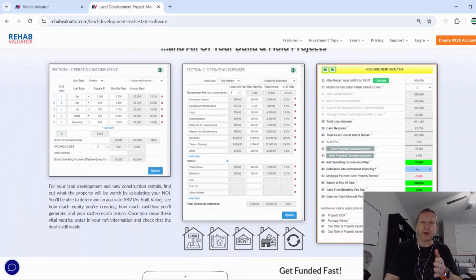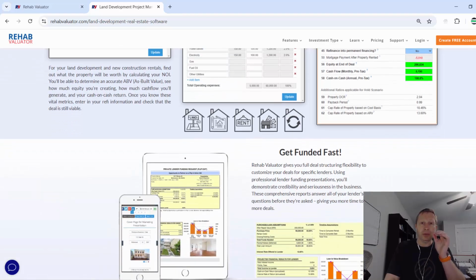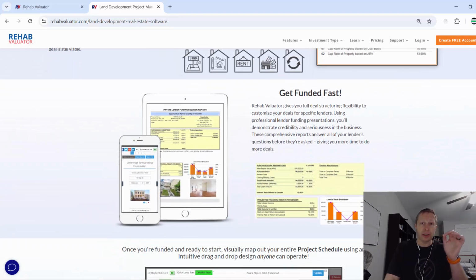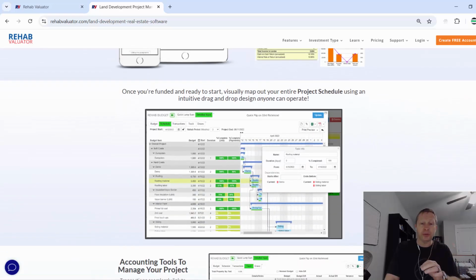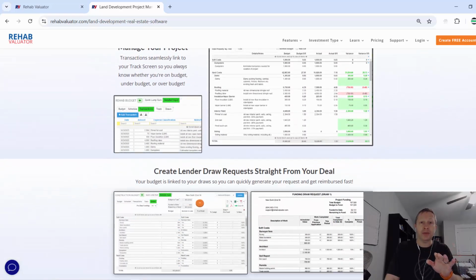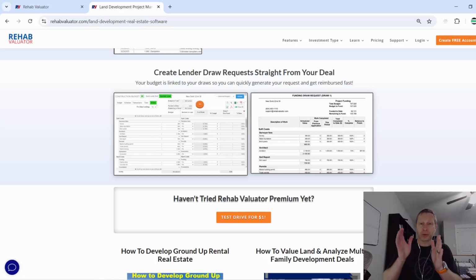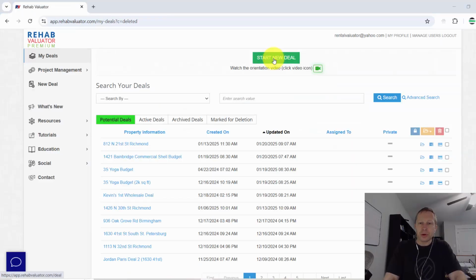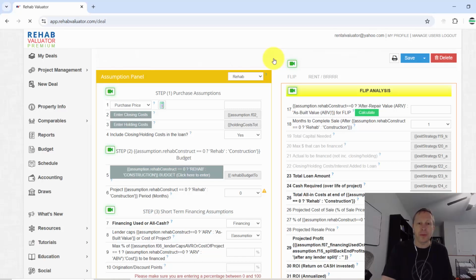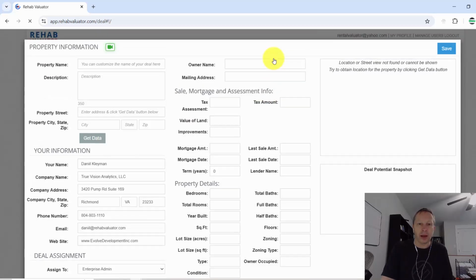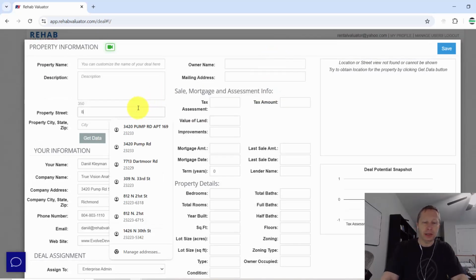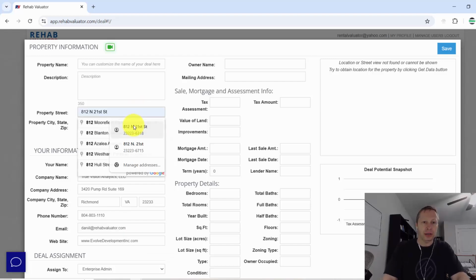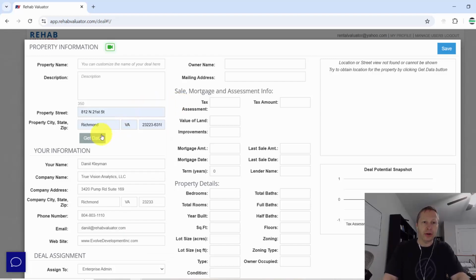So I'm going to show you really quick how to do this, and we're going to run through the same duplex example in the software, and I'm going to show you how you can shave the timeline to do this type of underwriting from 30 minutes to 5, okay? Okay, so we're inside the software now. Let's run through a duplex example. I'm going to use one of my vacant lots as a guinea pig here